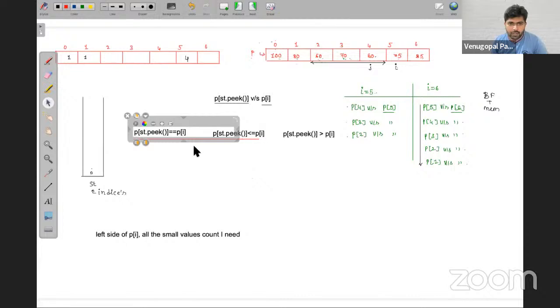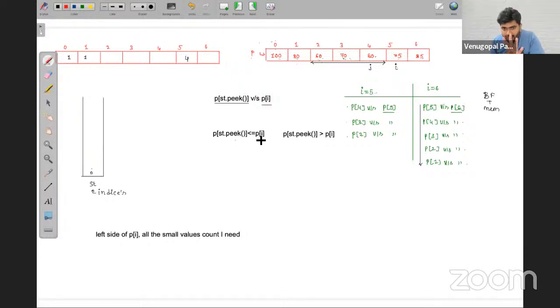All are equal also I'm going to take. Okay, I have combined those two things into a single one. Now, if any value P of I to its left side means inside stack they will present. Correct? If I need it. For example, if I found a value that is smaller than the given day, I need it.